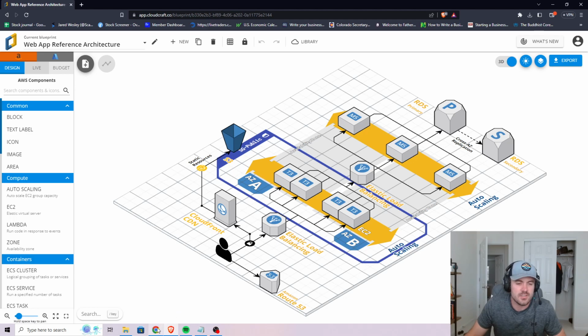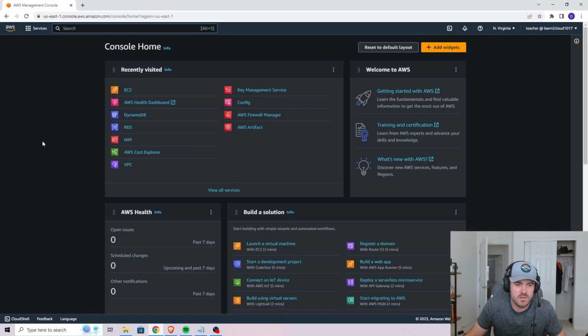All right. So as always, don't forget to delete your resources when you're done, so you're not paying for stuff you don't need. So we're going to sign into the AWS console here, and we're going to go to EC2. And then once that opens up,